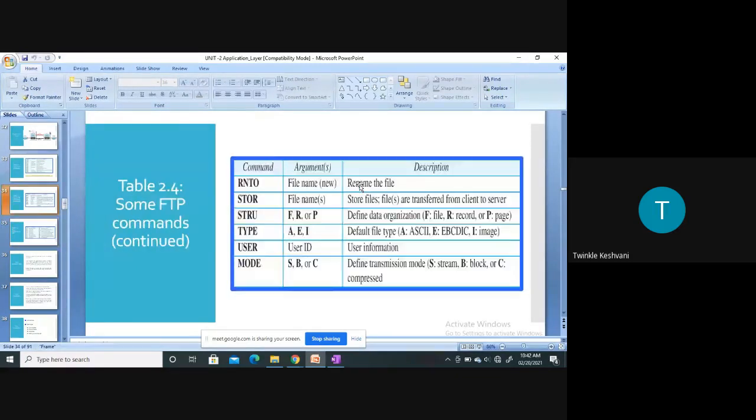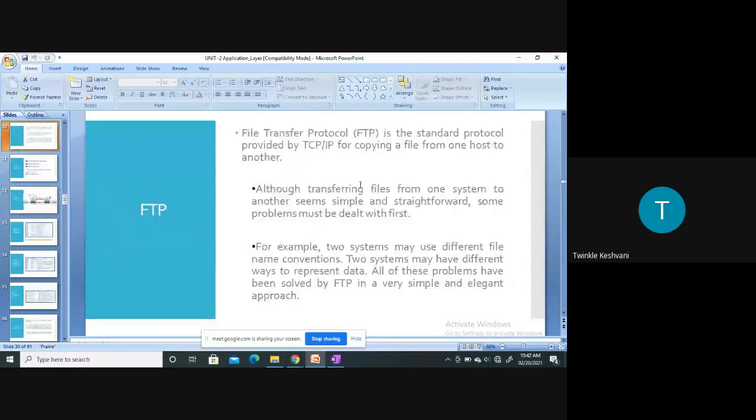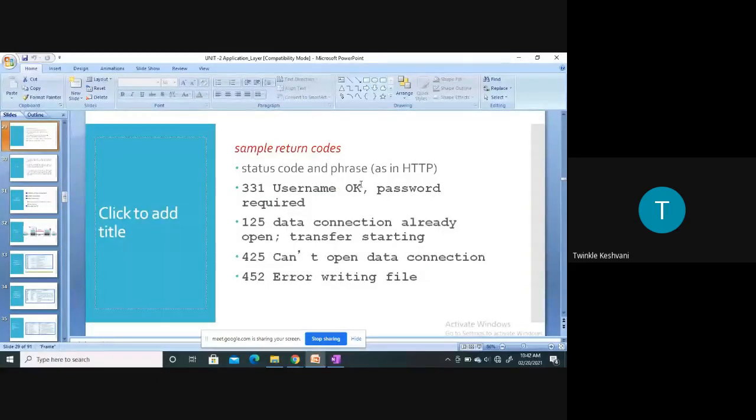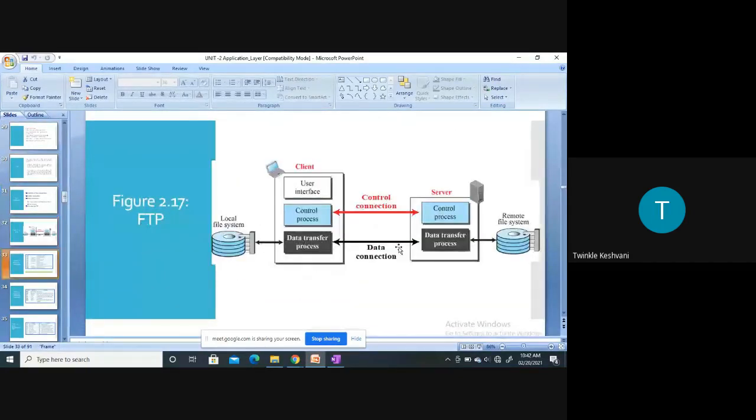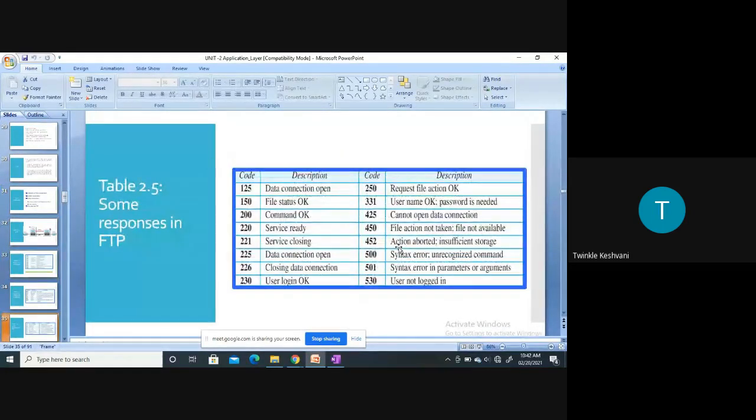So 125 जो था वो पहले भी यहाँ पे already आ गया है. You can see here, data connection already open, transfer starting. तो कुछ स्टेटस कोड है वो ऑलरेडी हमने डिस्कस कर लिए, but these are the extra status codes just for the information. Just go through these status codes once.